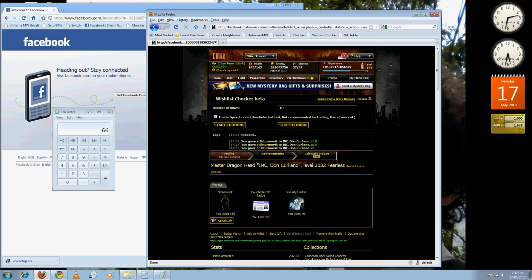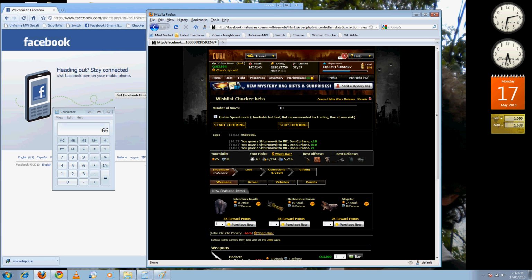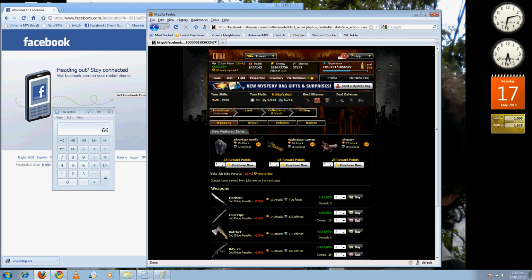The final one is wishlist adder. Now sometimes you'll enter into a trade and you won't have that item, you need to add it to your wishlist if someone wants to send it using wishlist Chucker. So all you need to do is go